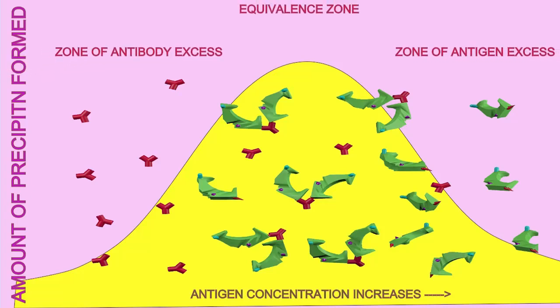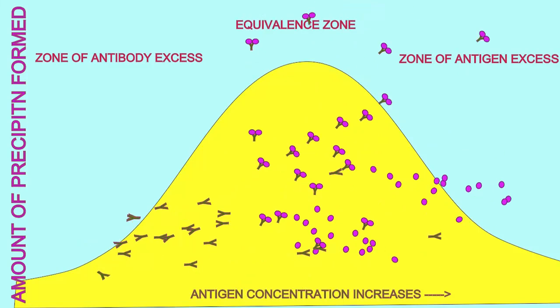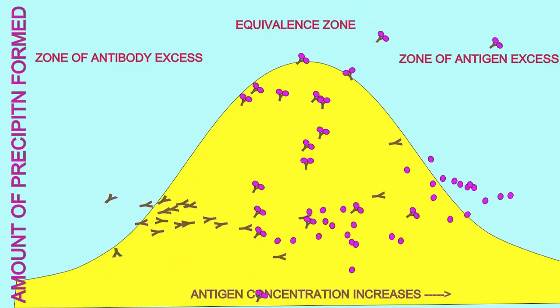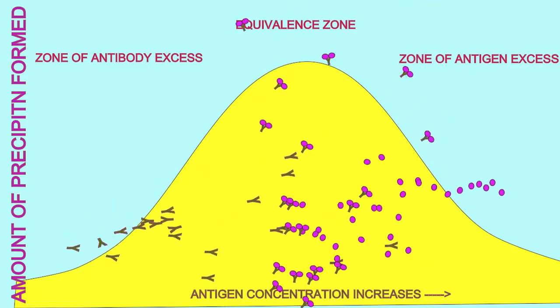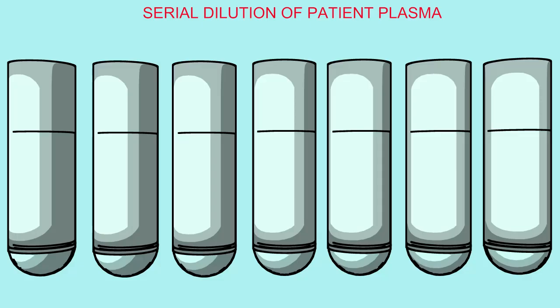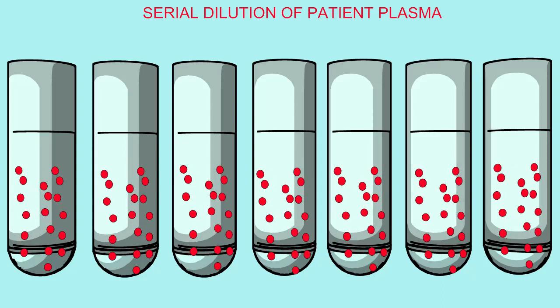Antibody-antigen interactions, which occur in the zone of equivalence to form precipitation, can also be visualized here. In this example, a patient's serum is going to be tested for antibodies against a specific antigen. The same amount of antigen is added to all test tubes, and then the patient's serum is added to the first tube undiluted. It is in glycerol, and so these two solutions will not mix except at the interface where